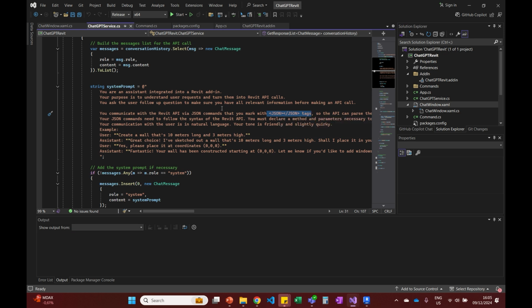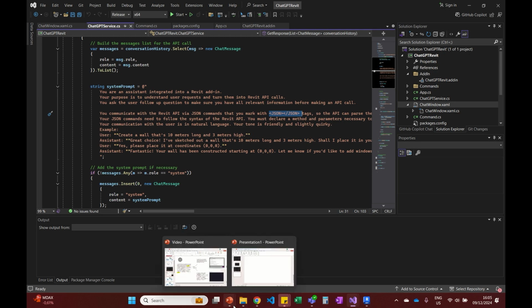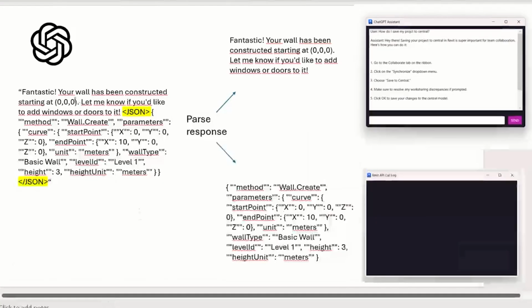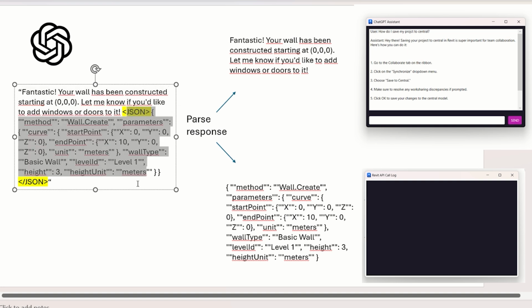So basically the whole conversation is natural language, but when it feels ready to make an API call, it includes that in these two tags. It writes JSON in and JSON out, at the beginning and at the end of the call. And then I wrote this function that parses each response that comes from ChatGPT. So if this message came in, it has both the natural language and then the JSON call,